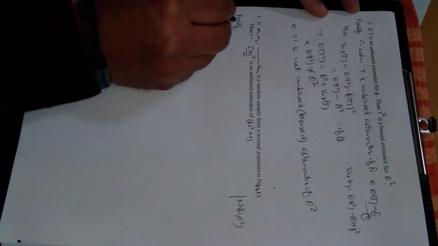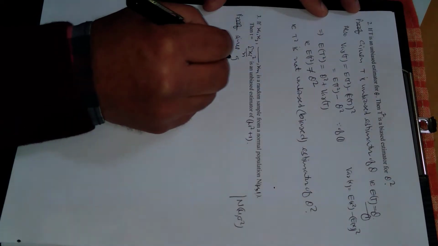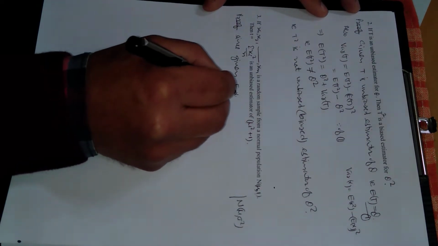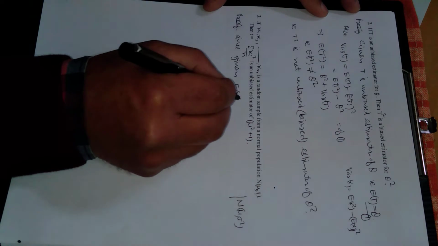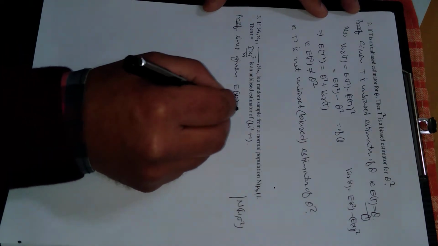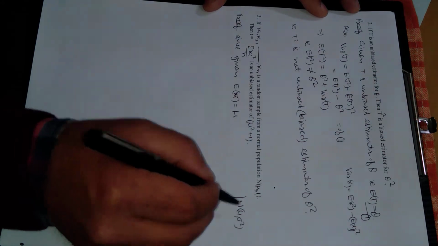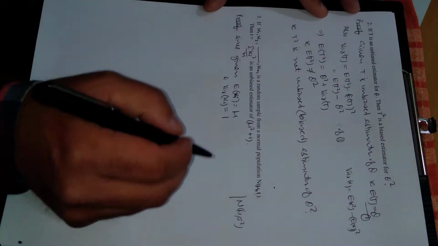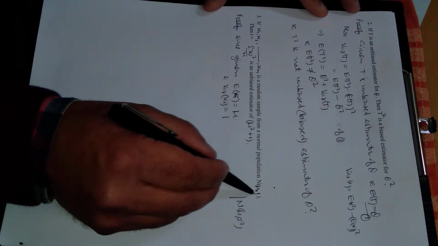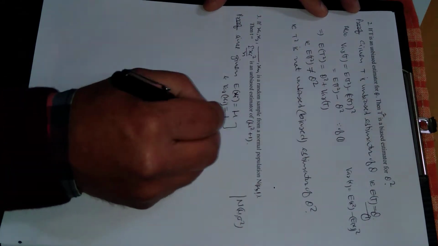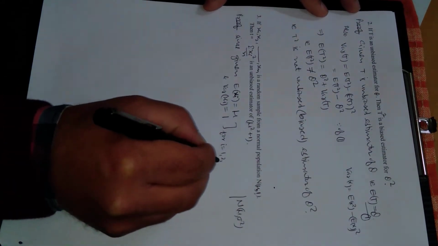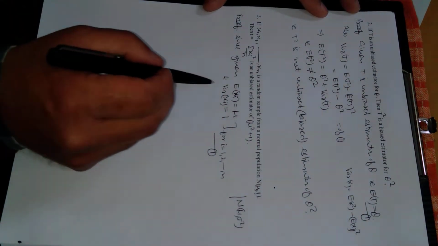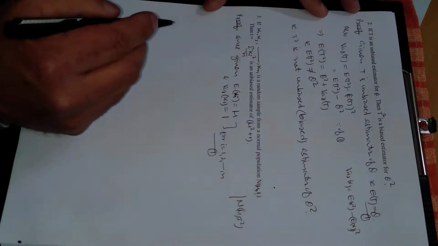Proof. Since we have been given the mean and variance, the expected value of each of the random variables in the random sample is equal to mu, because the mean is given to be mu, and the variance of each of the random sample is given to be 1, on comparing this general result with this one, for i equal to 1, 2 up to n. Let us suppose this to be equation number 1. This is given to us, right? Expected value of each of the sample and variance of each of the sample.